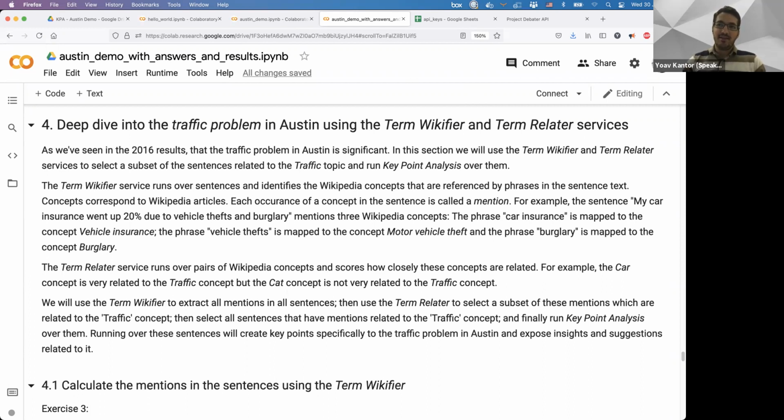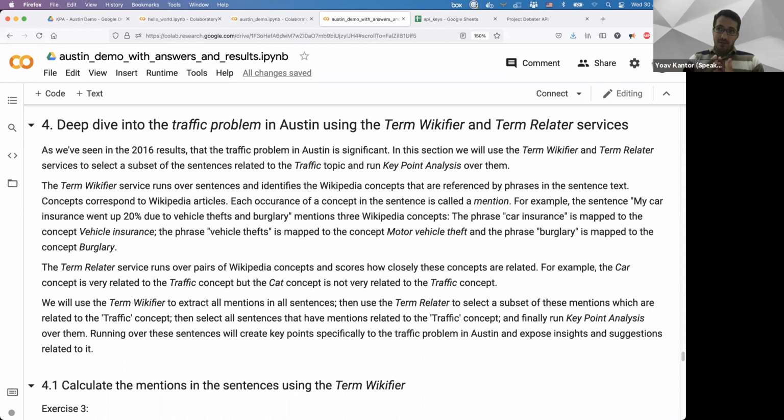Someone asked if finding key points is a type of clustering. That's a good question. It's a bit similar to clustering, right? When you cluster sentences, you group them together, usually using some sort of similarity score between pairs of sentences. But after you cluster them, it's hard to decide which is the representative, right? Why were they clustered together? If you take the one in the center, it will not always catch the similarity inside the cluster.